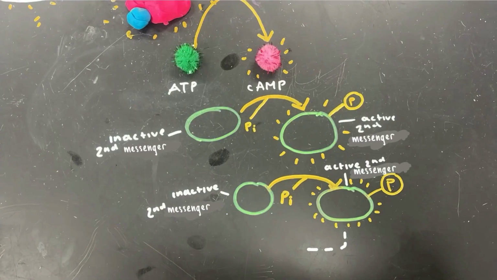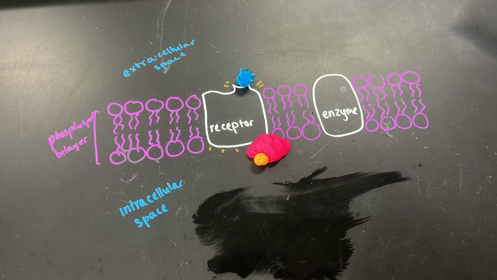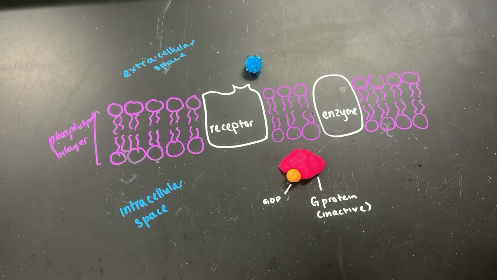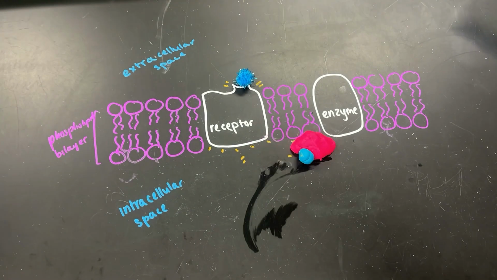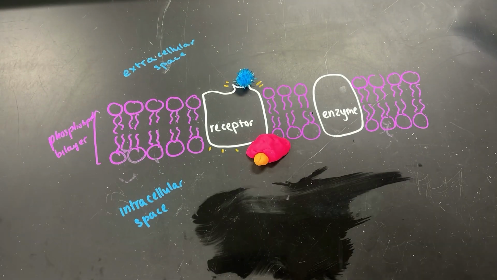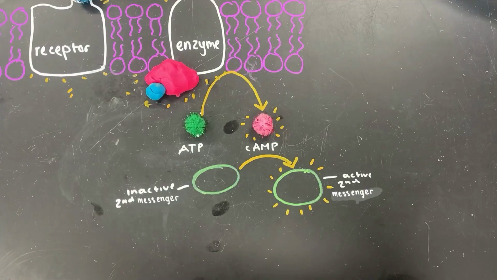The final activated messenger activates enzymes that carry out cell response. Cyclic AMP produced from epinephrine synthesizes the enzyme glycogen phosphorylase. This enzyme is responsible for the cell response of breaking down glycogen into glucose monomers that power our flight or